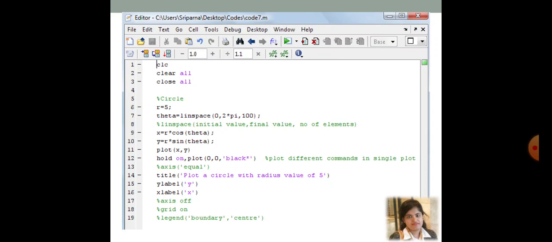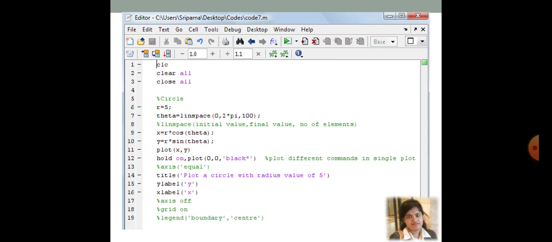Now as cos theta has 100 elements, I have multiplied it with a scalar variable. This scalar multiplication was already taught to you in previous classes. Please refer to that if you are not familiar with it; I have already discussed scalar and vector multiplications. Here cos theta has 100 elements, and I am multiplying it with one scalar element, r. The size of r is 1. So 1 multiplied with 100 elements, the result will be 100 elements. So the size of x is 1 row and 100 columns.